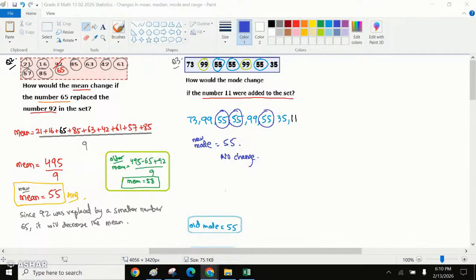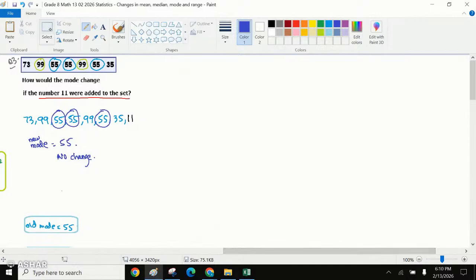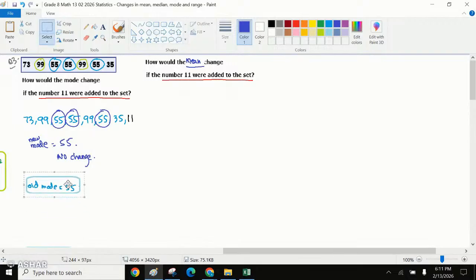Okay. The same question I'll consider. Let's see what we would be able to do. Same question, right? But now we want to see how the mean would change. If we are considering the same numbers and we add 11 to it,